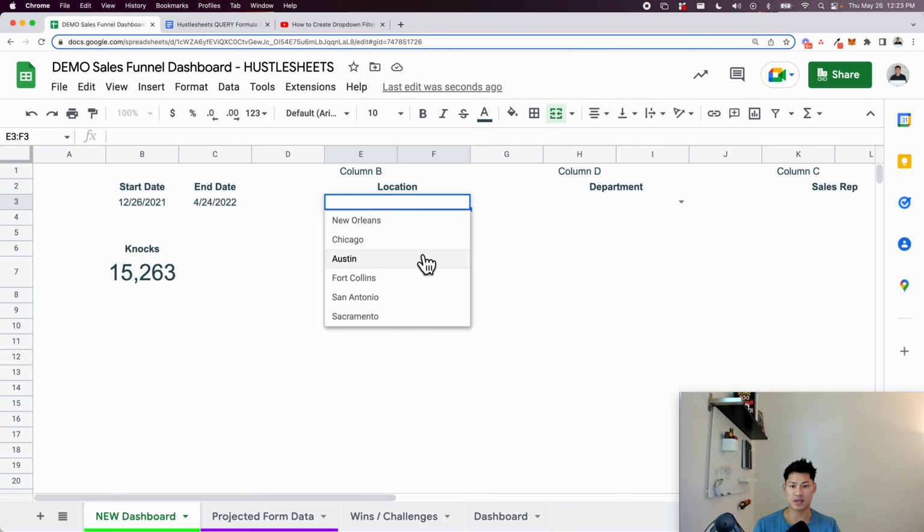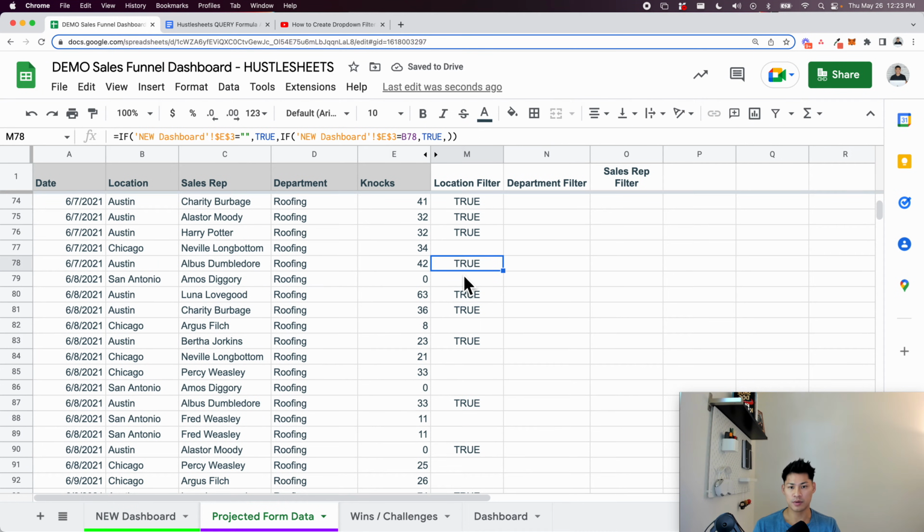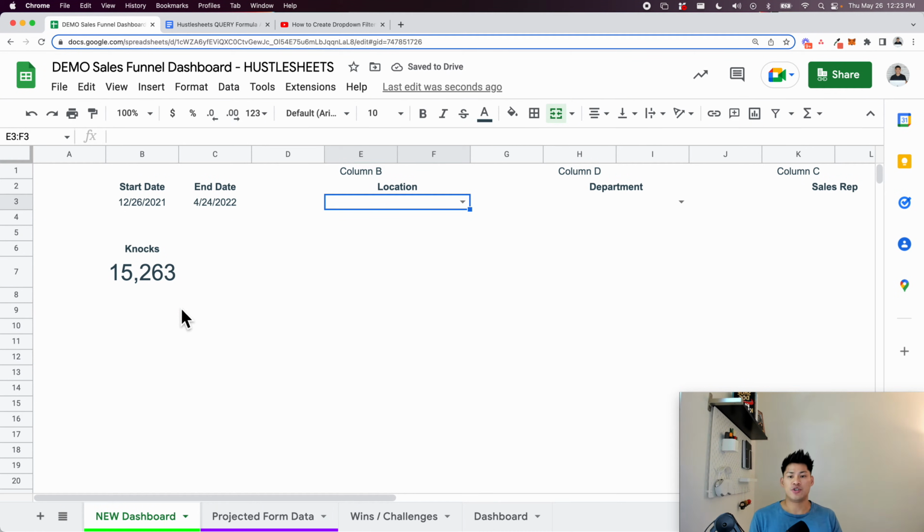But if I select Austin, now the form data is going to show true because it matches what's in location here. And now it's only going to show me for Austin. So now I get to choose something, but I also get to delete it, and it's still going to show all of it, right? So as you can imagine, what we're going to do is do that for department and